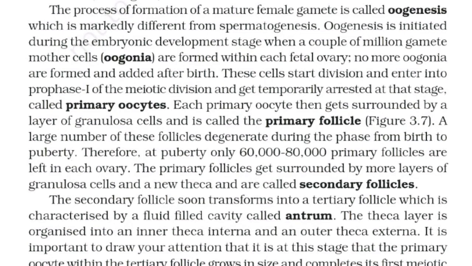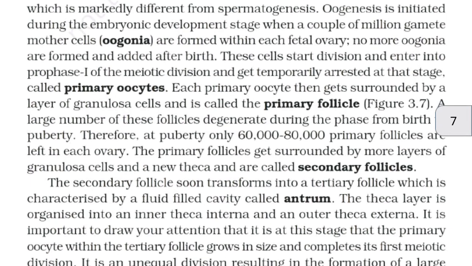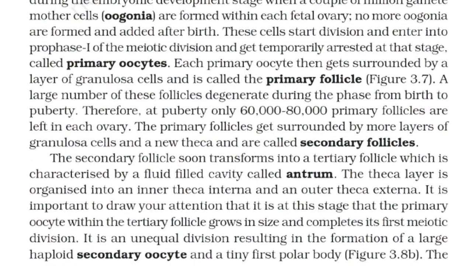The process of formation of a mature gamete, female gamete, is called oogenesis, which is markedly different from spermatogenesis. Oogenesis is initiated during the embryonic development stage when a couple of million gamete mother cells, oogonia, are formed within each fetal ovary. No more oogonia are formed and added after birth. These cells start division and enter into prophase 1 of a meiotic division and get temporarily arrested at that stage,